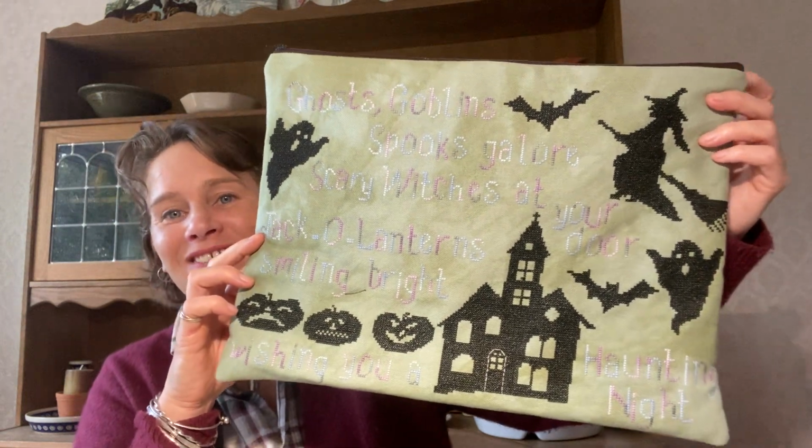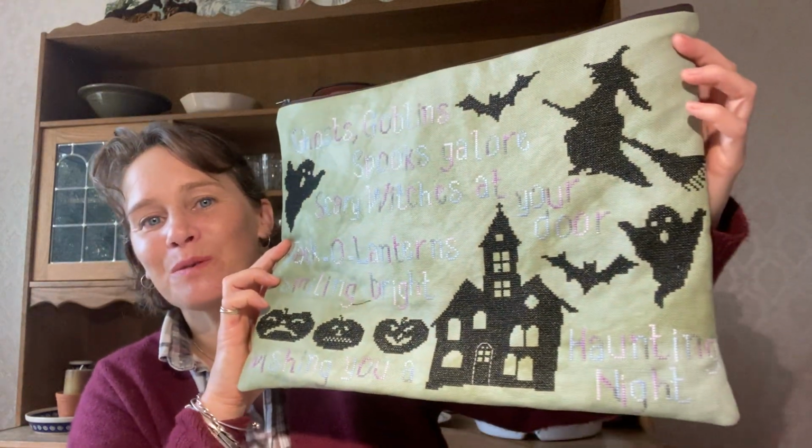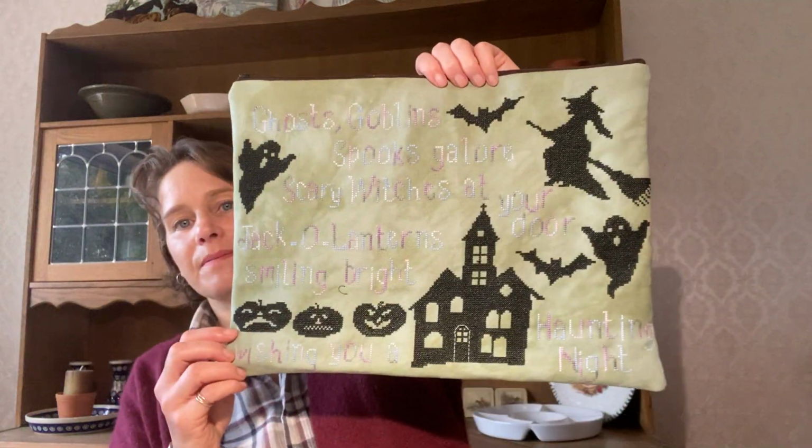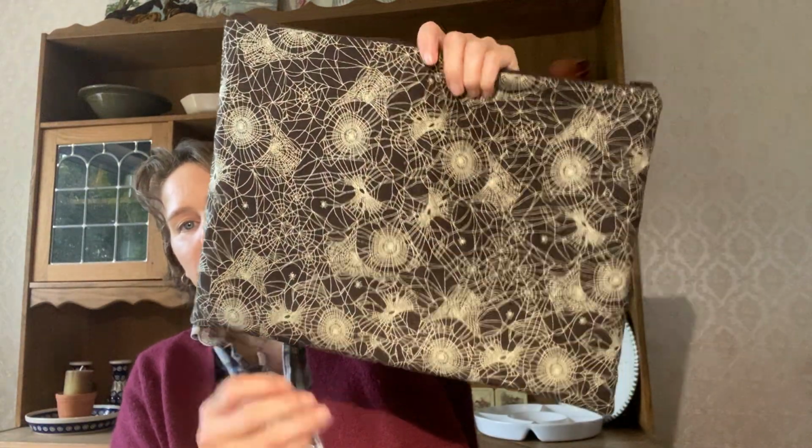And then I stuck it in the bag of shame because I was so cross with it. I didn't like it, and I thought, well, what am I going to do with that? Because the words are fine if you're here, but anywhere else they don't really show up properly. I did try back stitching one of the letters, but there's too many letters to be doing that with. So I thought, right, I'm going to turn it into a project bag. So that is what I've done. Zip top project bag